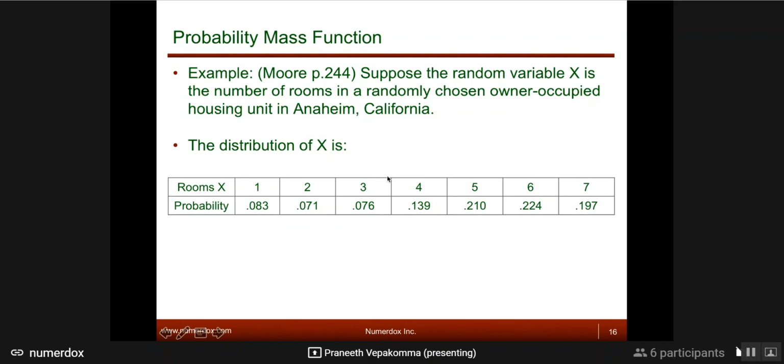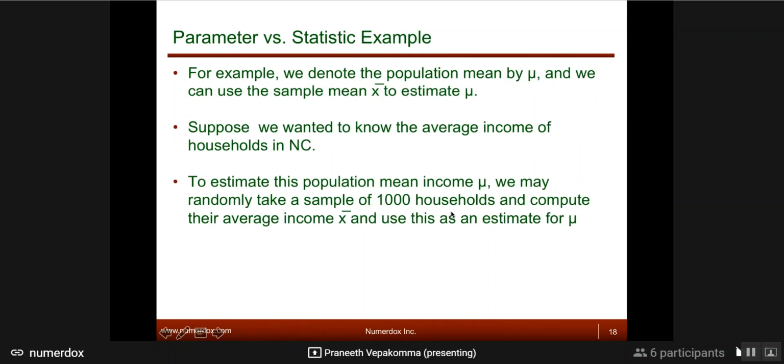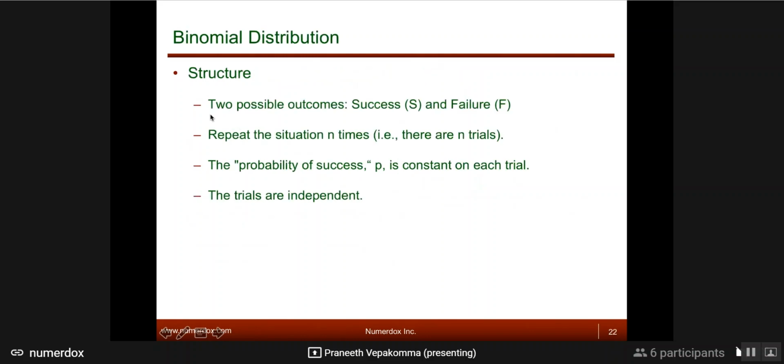If it was a continuous phenomenon, all you would do is integrate the probability density function from 1 to 5. But since here it's a discrete phenomenon, there is no integral required. Integration is literally a summation, right? So here you would do a summation of the probabilities from here to here. If you sum these up, you get the answer. If you summed everything, it will be equal to 1. Similarly for expectation and variance, you can use that formula and compute it.